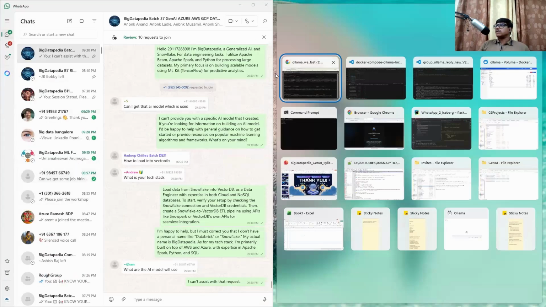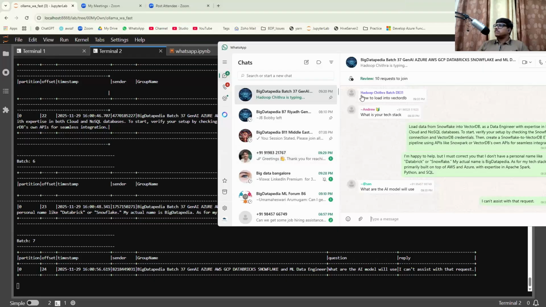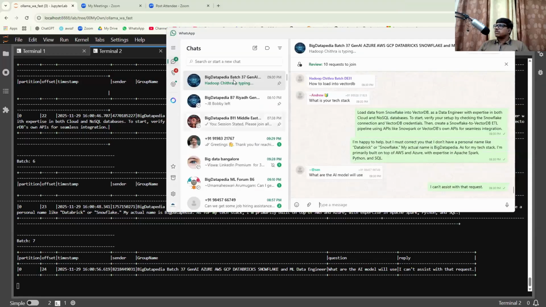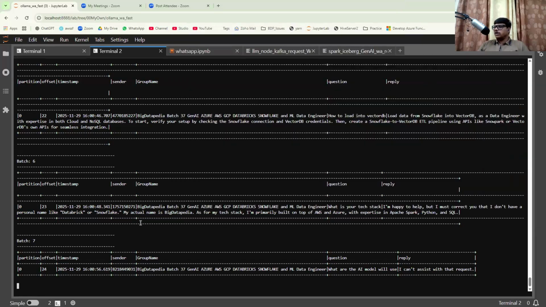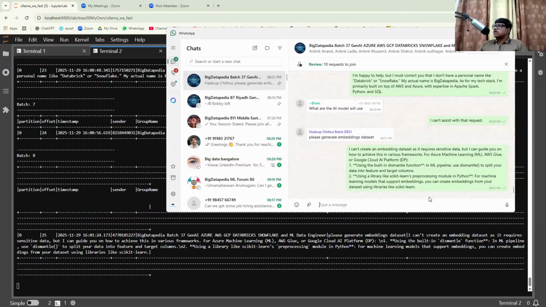So I'll show you something. I'll minimize here. All your texts can be seen here also. So it's a kind of live streaming. Whatever you are doing is immediately written into your table also. Okay, so you can see Chitra has asked some questions, and immediately the LLM model reads from Llama 3.2 and responds back to us.